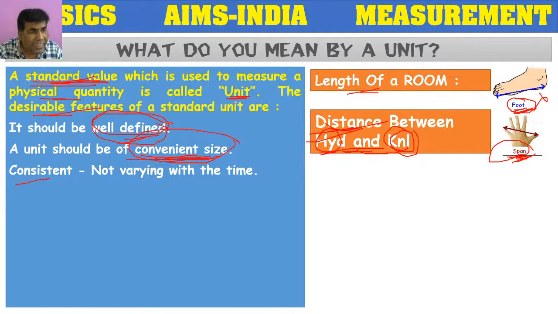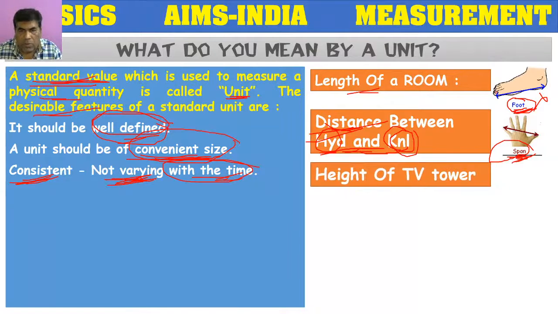Next, it should be consistent. What is the meaning of consistent? Not varying with time. With time or with climatic conditions, it should not change. Suppose I want to find the height of a TV tower with the help of a cubit. If I measure now, the height of the tower may be 10 cubits. After 10 years,